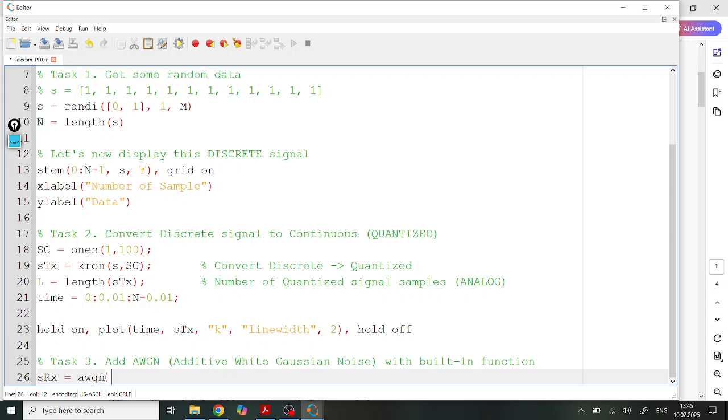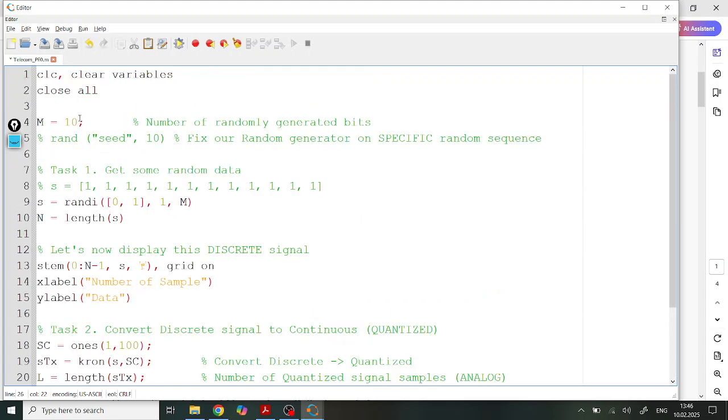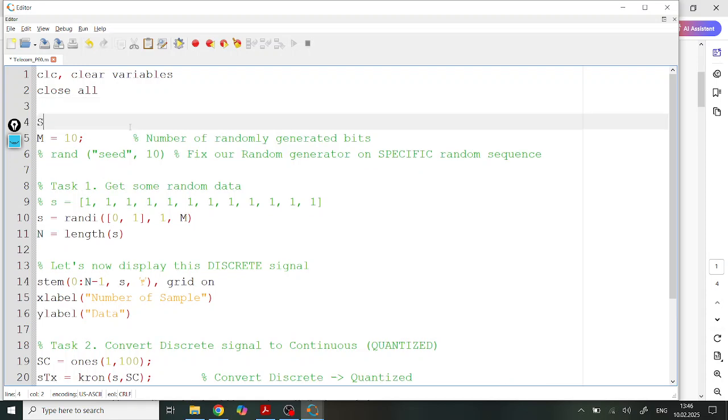The function awgn adds a signal to noise ratio of 20 decibel to your original sTX signal. So I'm going to use an SNR variable here and define it at the top of my code, SNR equals 20. Signal to noise ratio in decibel,